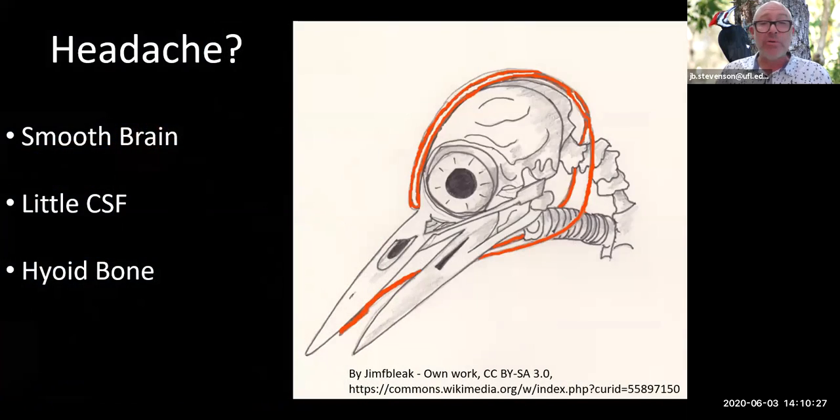More about, generally speaking, the woodpeckers. They're constantly rapping their head against a hard substrate. They're constantly kind of banging their brains out, as it were. And it's said that they get headaches, but that's not true. Of course, that wouldn't be true. This animal is perfectly specialized for this kind of lifestyle, this kind of foraging technique of pecking and breaking away bits of wood. They have a very smooth brain, so there's not a lot to bump into each other. They have very little